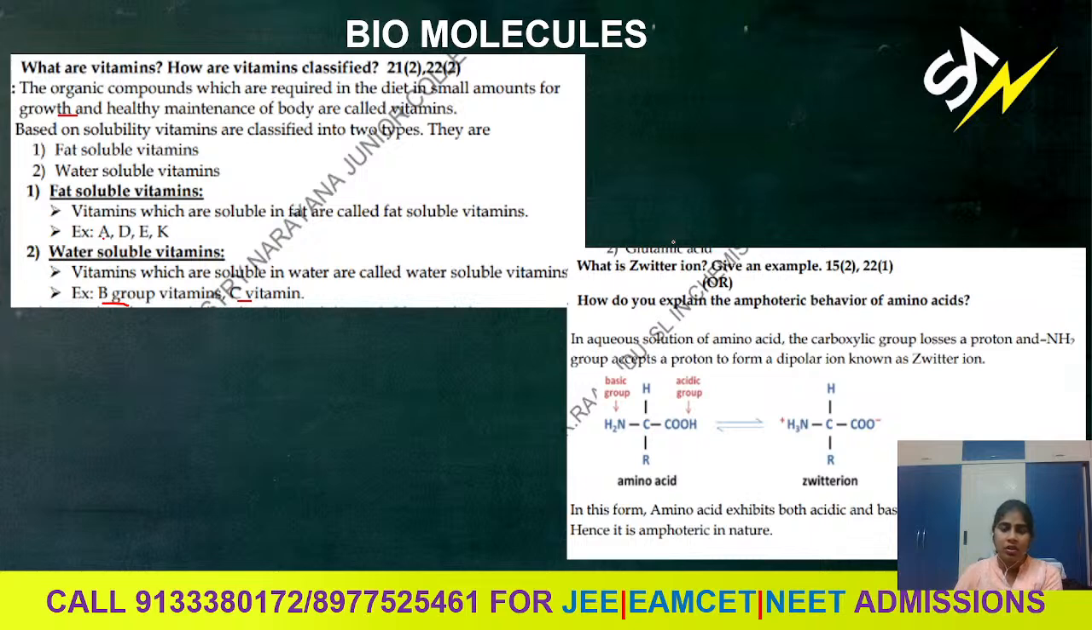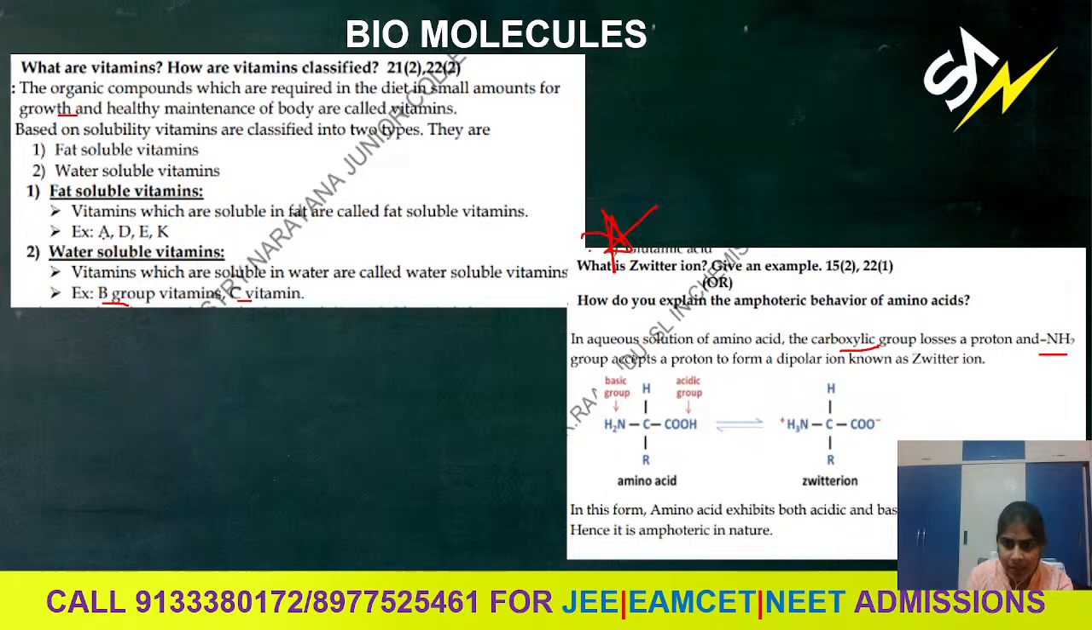And we have the concept of Zwitter ion. This is the most important concept, Zwitter ion. And what is a Zwitter ion? Here the carboxylic group loses one proton, it forms NH2, and